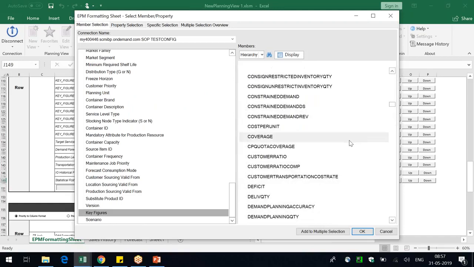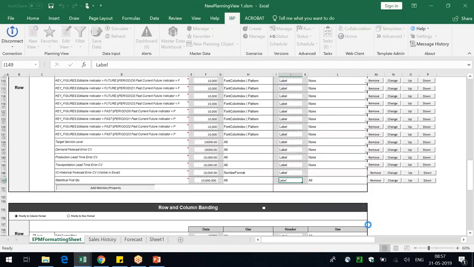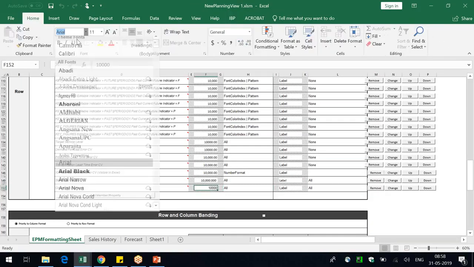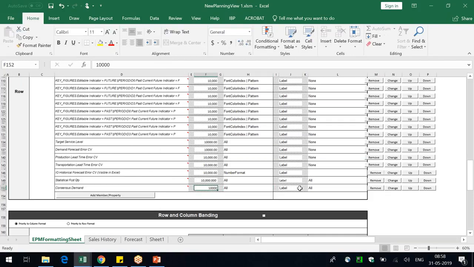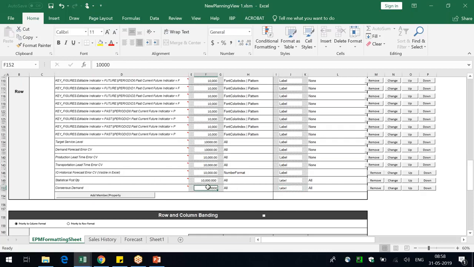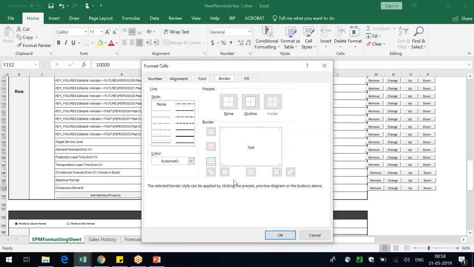Where is my consensus? Yep. Okay, now it appears here. First, by default, it shows in Arial. Always go and change it to Calibri if you like Calibri. Go to Calibri. So now I'll do one thing. I'll right click here, go to format cell, and say that I need